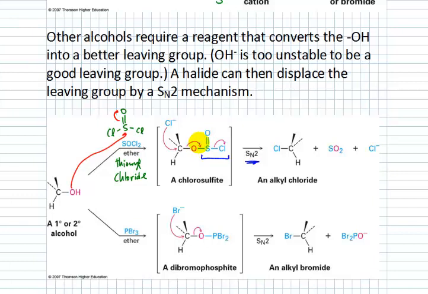So PBr3, phosphorus tribromide, is very similar. This mechanism is actually very simple. The O will attack the phosphorus and kick off one bromide. So I have OPBr2. That bromide comes in, attacks the carbon, and kicks off the leaving group. OPBr2 is a much better leaving group than hydroxide because those two bromines can remove some of that oxygen's electron density. Both of these are SN2, which means we'll have inversion